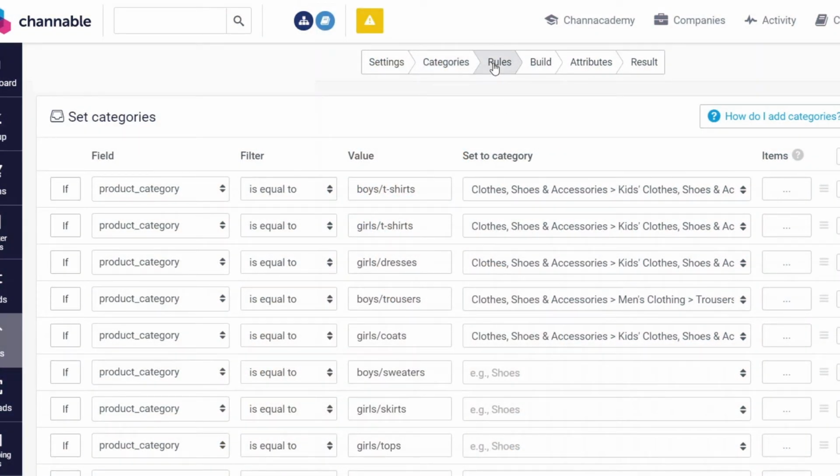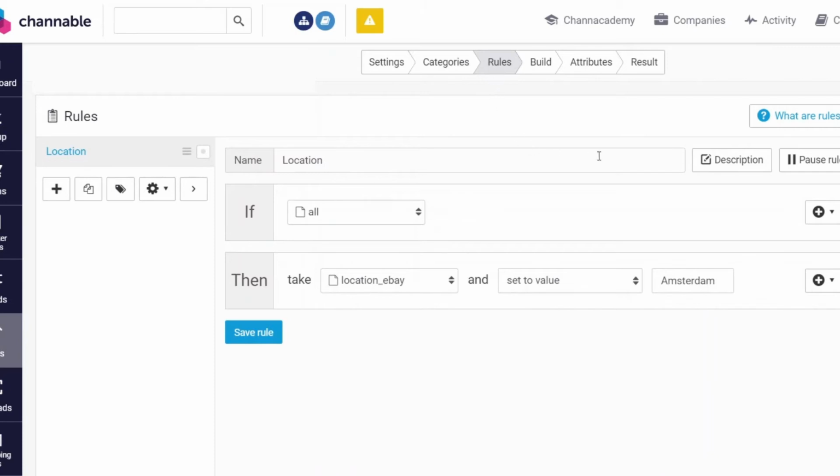Here you can create if-then statements. You can now add rules, which are a great way to save you time and organize your product feed. For example, rules can be used to add missing words in the product title or offer free shipping on selected items over a certain amount.